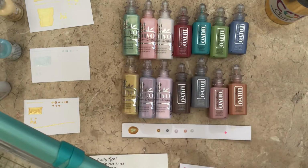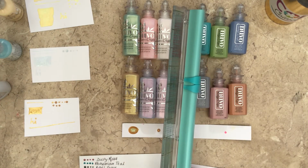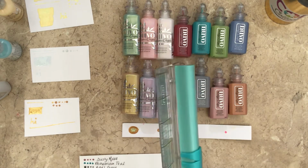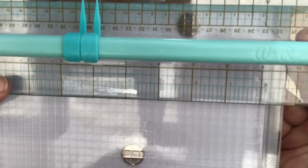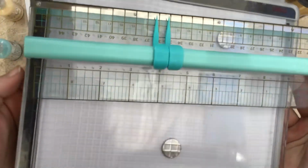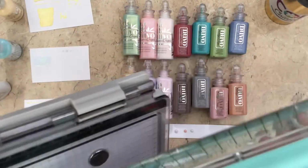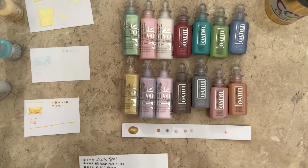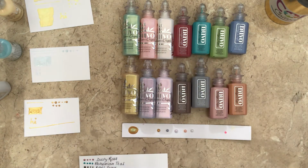The Tim Holtz is only, well, you can see the actual stamping area. So yes, it's very disappointing, but even if you could, there are ways of making it work. But I do a lot of albums that are 12 by 12, so I ventured into getting the